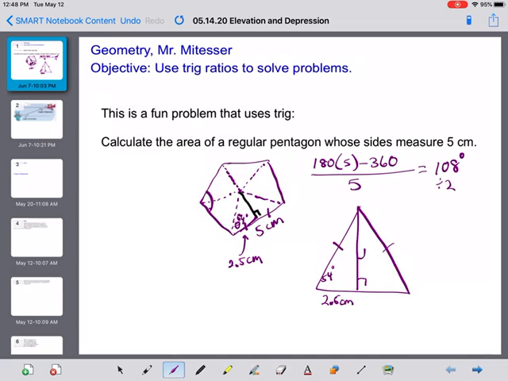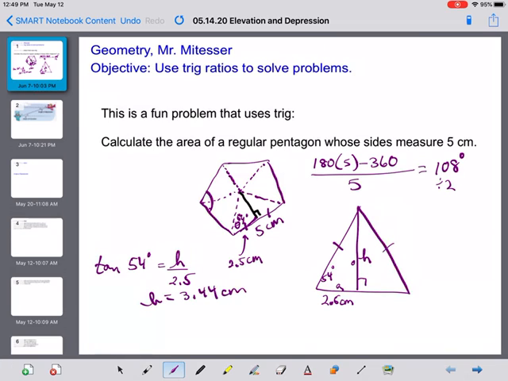So now we want to get the height. So here's h. So you have a right triangle. You have the 54-degree angle. The height is the opposite leg. The 2.5 is the adjacent leg. So we will say the tangent of 54 degrees equals h over 2.5. Make sure your calculator is in degree mode. So you would say 2.5 times tangent of 54. So the height is 3.44